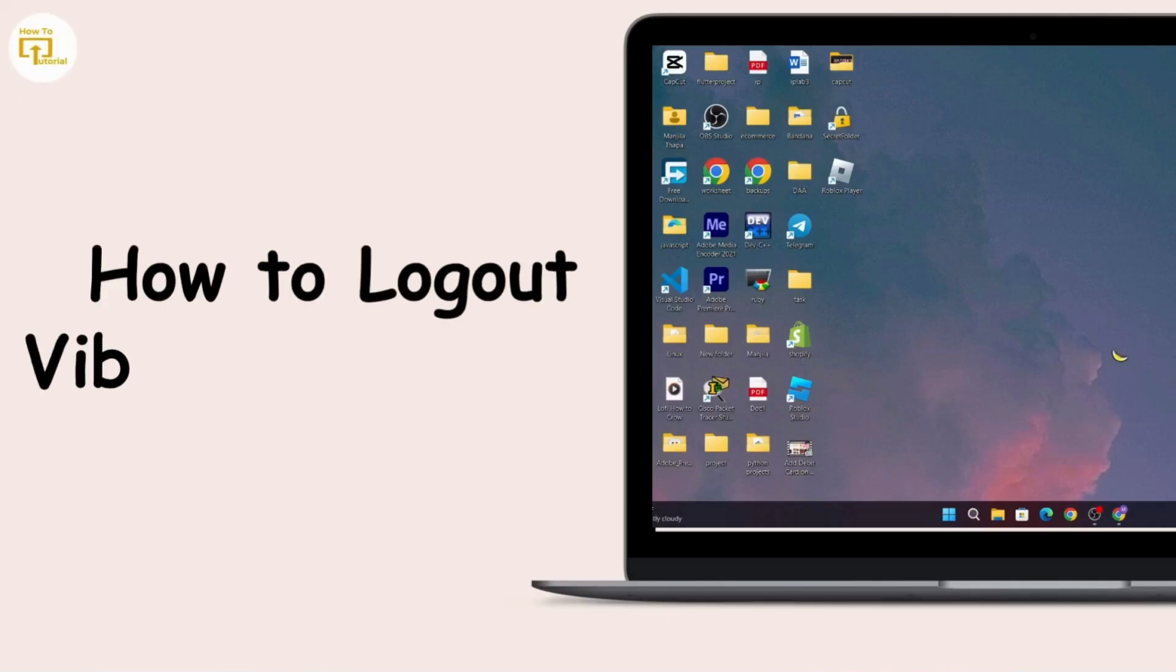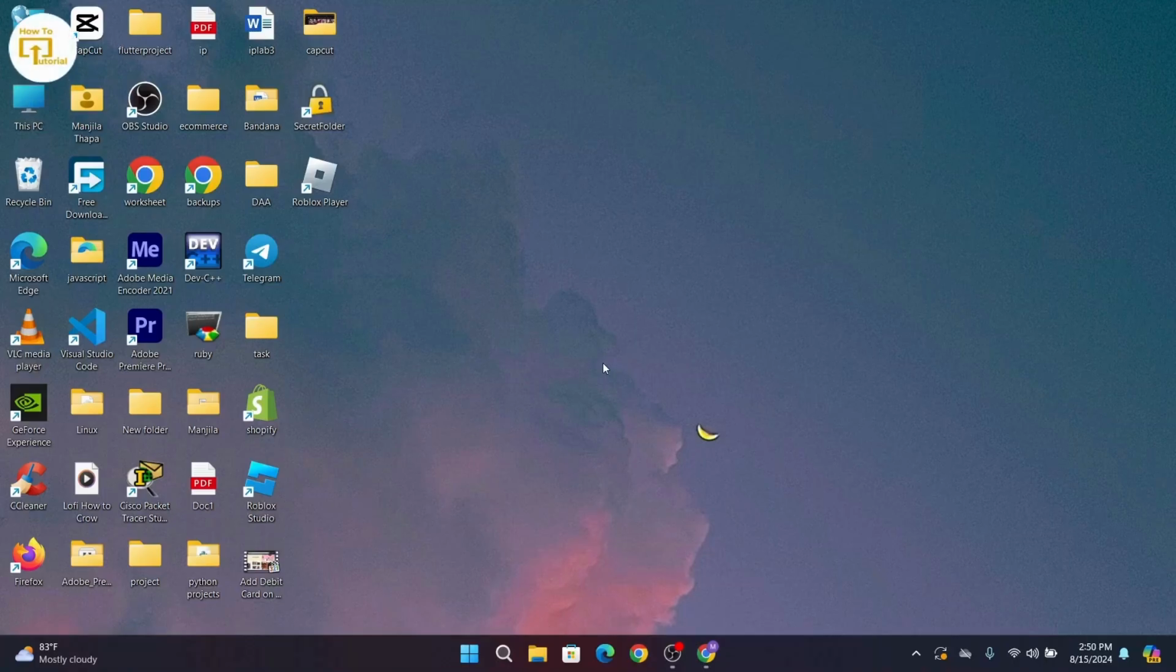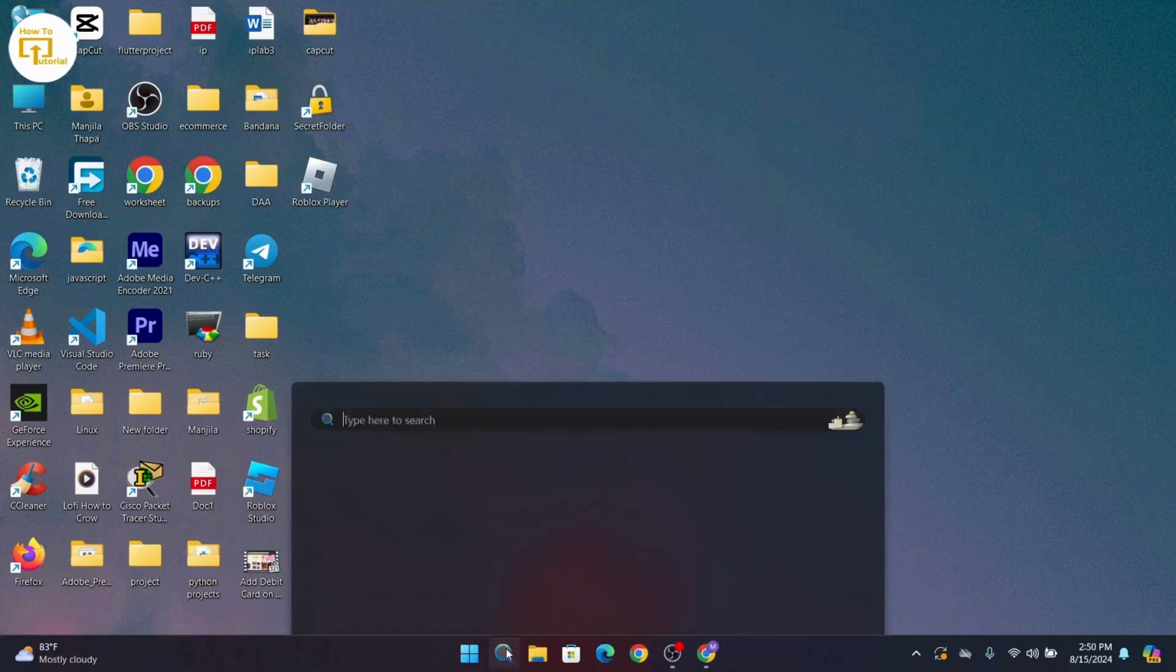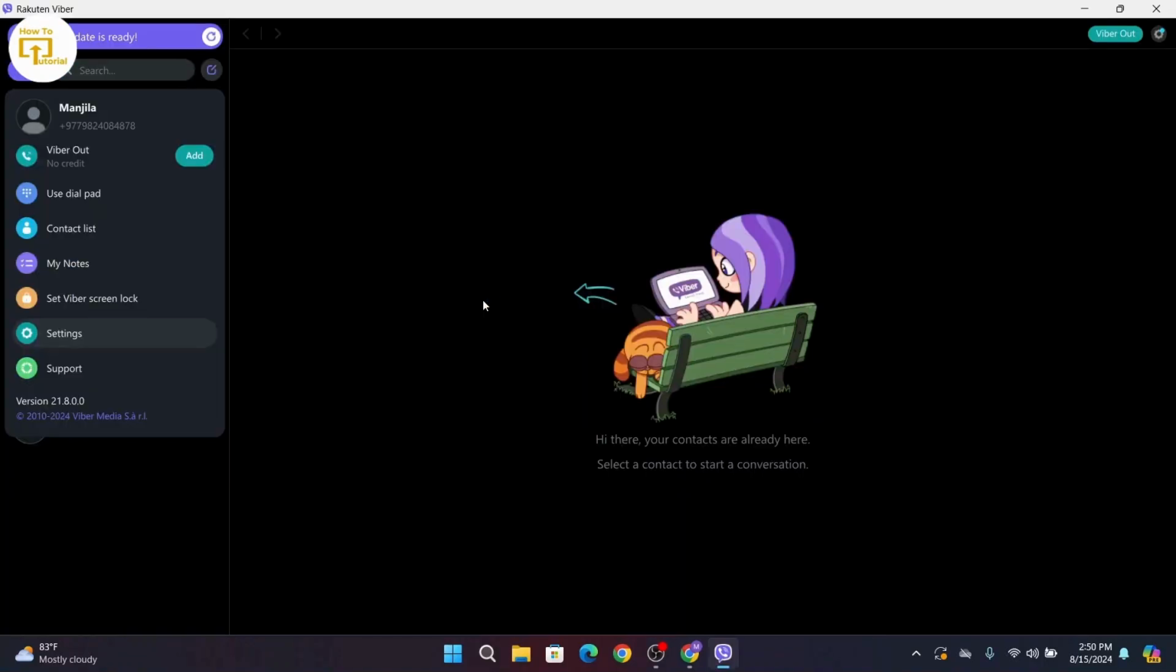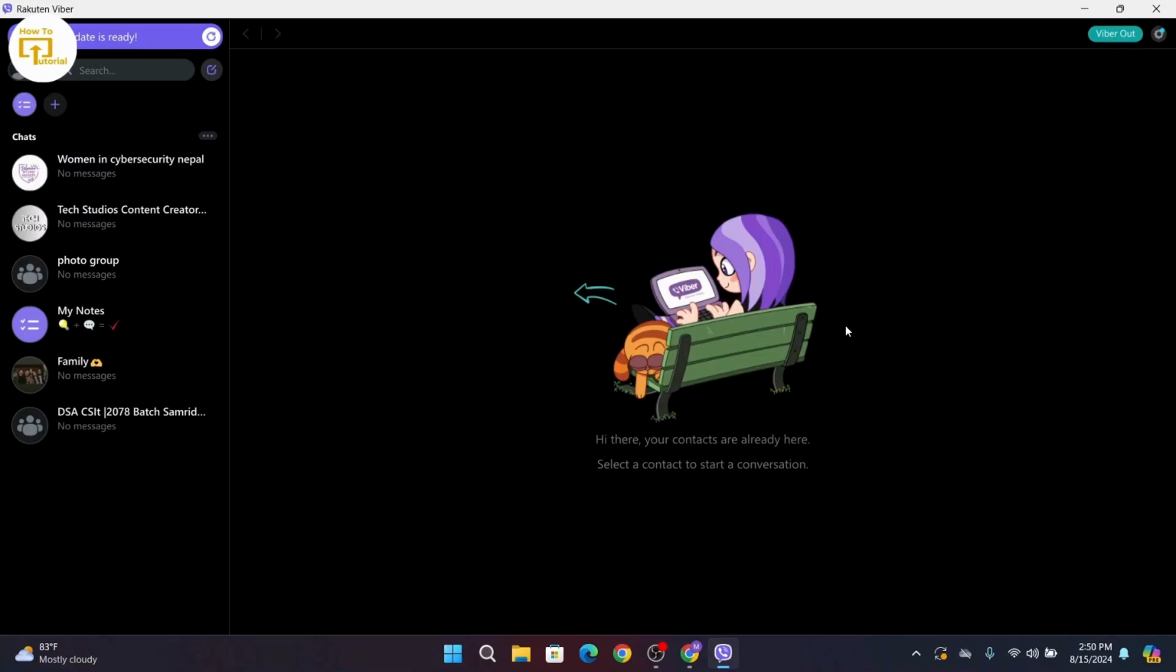How to log out Viber on desktop. So let's get started. First of all, open the Viber application on your desktop. If you're already logged into your Viber account on your desktop, now to log out of this Viber account,